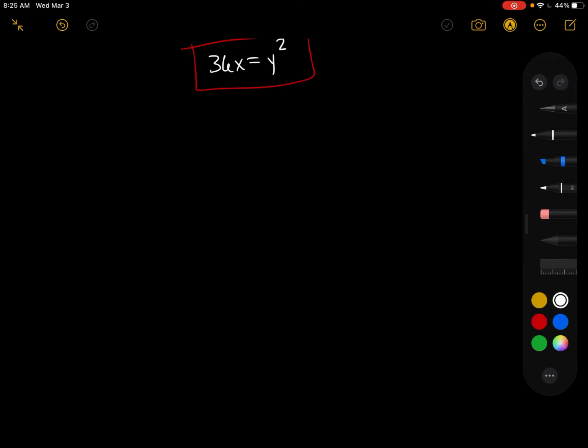All right, everybody, so for our second set of notes here, we are going to be doing basically exactly the same thing. The only difference now is that our vertex won't always be at the origin. Sometimes it'll be left or right or up or down, and based off of that, we're going to have a different equation. So for our first one,